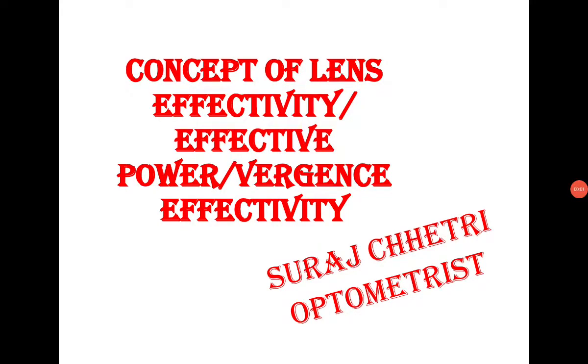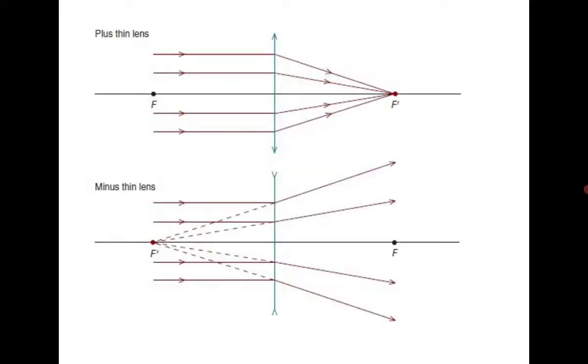Hi, I'm Suraj Chhetri. I'm an optometrist, and today I'm going to talk about the concept of lens effectivity, effective power, or vergence versus effectivity, which is basically the same thing. But the book says that vergence effectivity would be a better word than lens effectivity and effective power. I just want to make sure that we understand basic things, and let's move to some basic things, and then